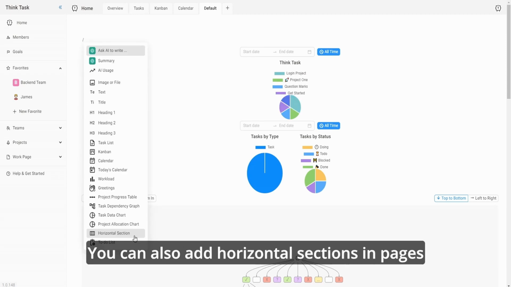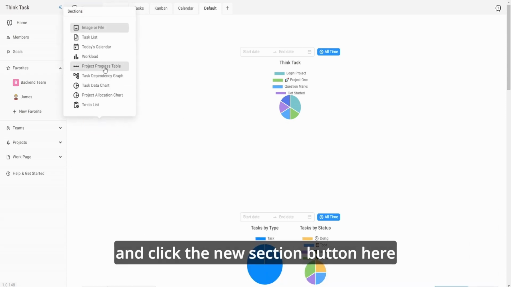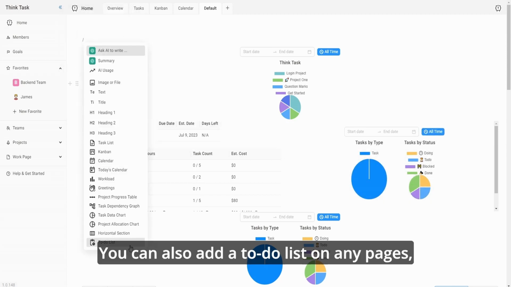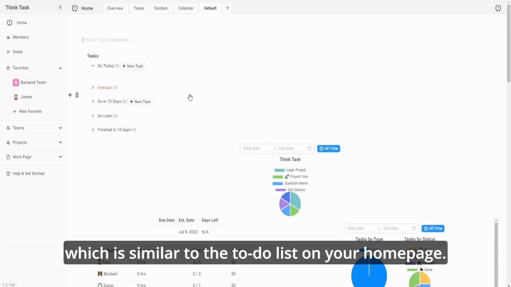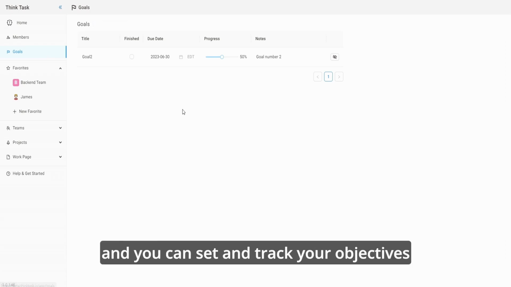You can also add horizontal sections in pages and click the new section button here to add any charts or features here horizontally. You can also add a to-do list on any pages, which is similar to the to-do list on your home page. For goals, click the tab here and you can set and track your objectives using progress